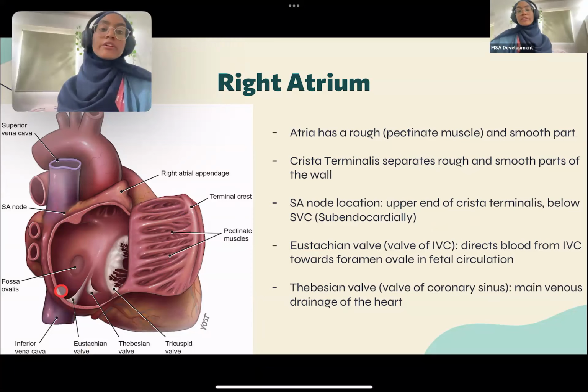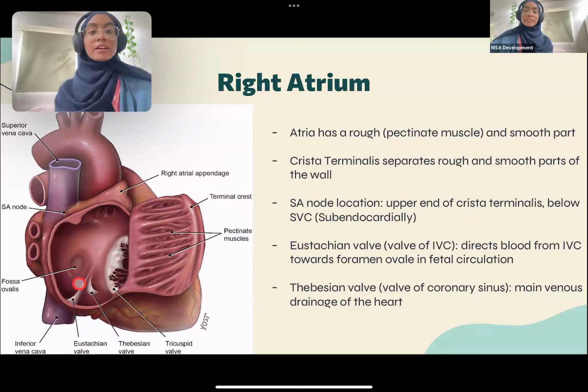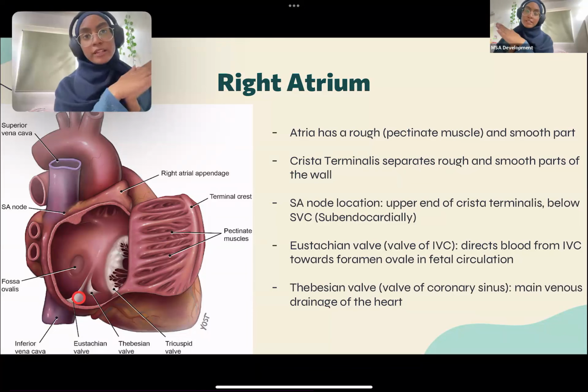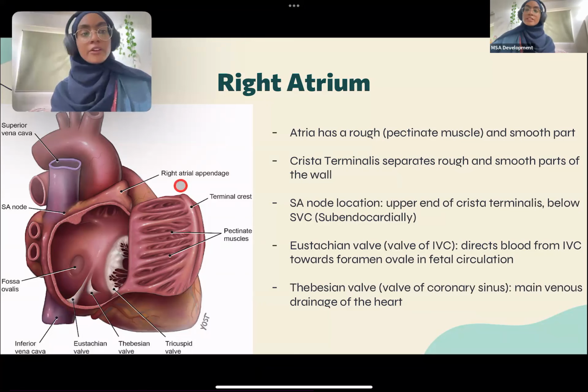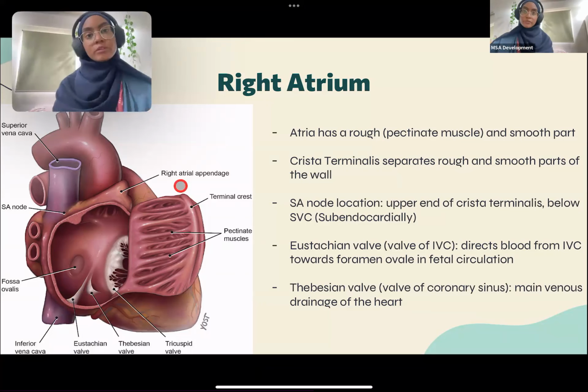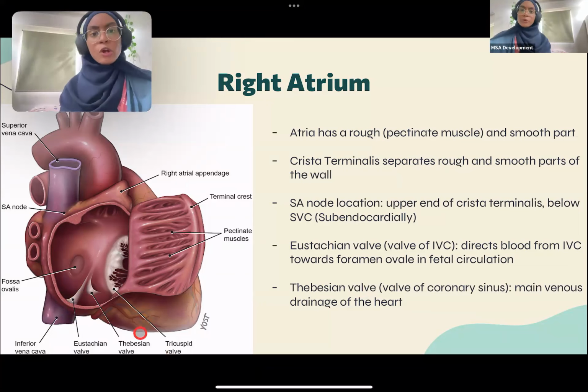What is the eustachian valve? This is another thing that had a function basically in our fetal circulation. Because we said we want to go from the IVC into the foramen ovale, right? We don't want to go to the right ventricle. So the eustachian valve basically redirected the blood from the IVC towards the foramen ovale. Okay. We also have the